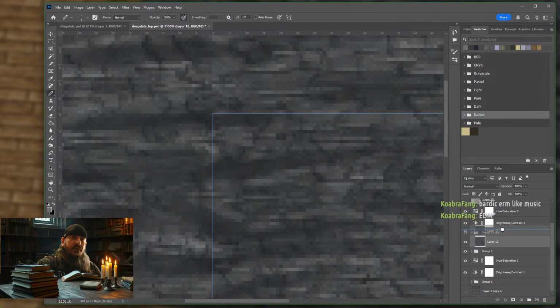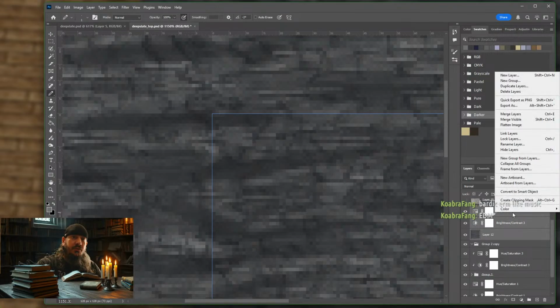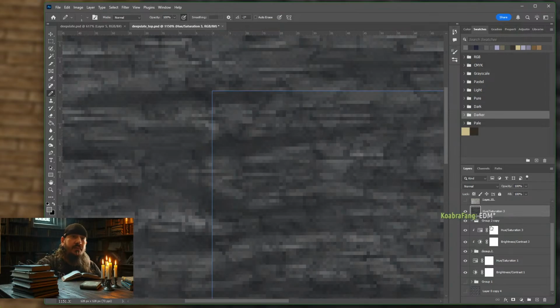Let's bring it out here. I'm going to copy these from there. Those are going to go into the old group 2. So we have a save point. We're going to take these, we're going to merge everything. Okay. Now,